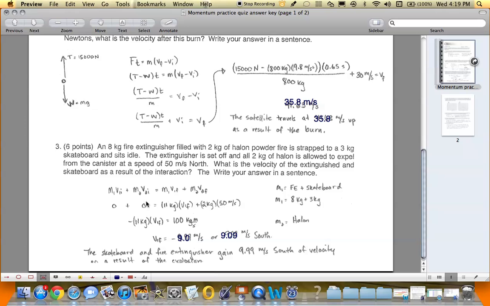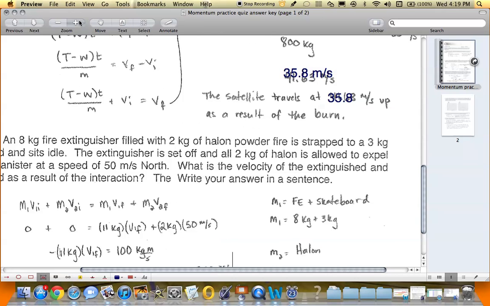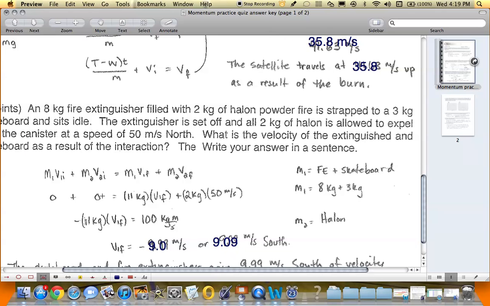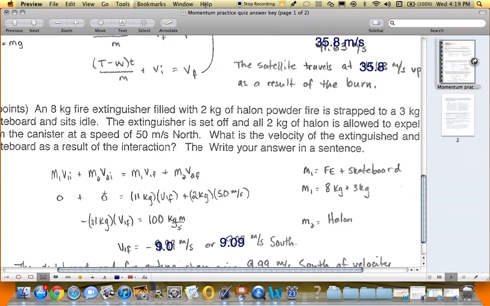That's why these are all zeros on this side. Remember, initially there's nothing going on. There's no speed, so there's no momentum. Afterwards, if you're able to, I'll zoom in a little bit. When you look at it, 2 things have momentum. Those 2 kilograms of halon are getting expelled backwards at 50 meters per second. So therefore, the remaining mass, which is the extinguisher and the skateboard, have some velocity of their own